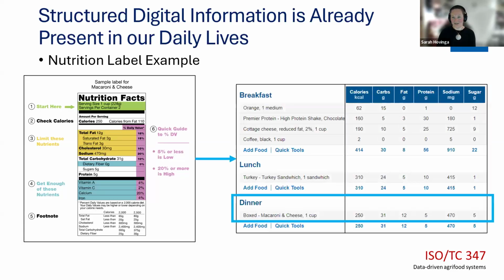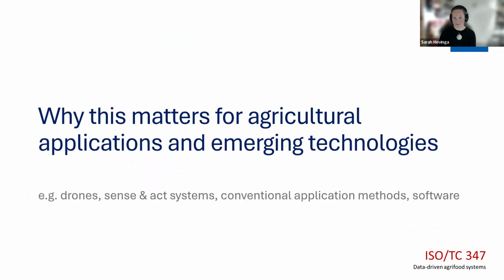But then also, if you're like me and you're trying to keep track of your food and your caloric intake for the day, you can see I took a little bit of my daughter's dinner in this case of mac and cheese. But that structured information is able to interoperate with other systems and be easily transferred. And so this concept of structured information and utilization by other platforms is a concept that we can also benefit from in the agricultural field.